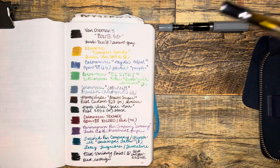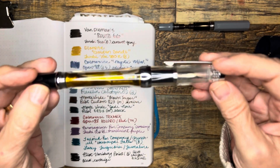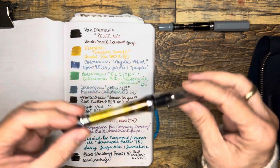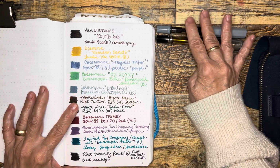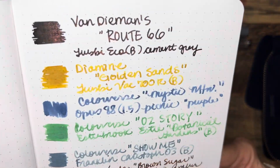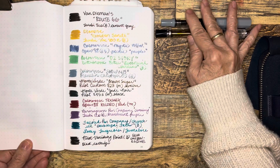Next is Diamine Golden Sands. This ink, just to look at it in a pen, is absolutely gorgeous. I chose this pen because I thought it would flow well, and I really wanted to see that lovely golden shimmer. It is a bit light to write with for my preference. However, I do like to highlight my pages with it. I like to fill in my date stamp or date stencils with it, and I don't know if it's showing up very well through the phone here, but it is a very nice shimmer ink,